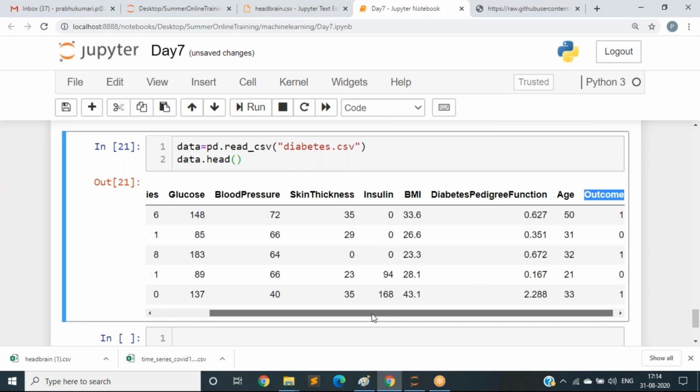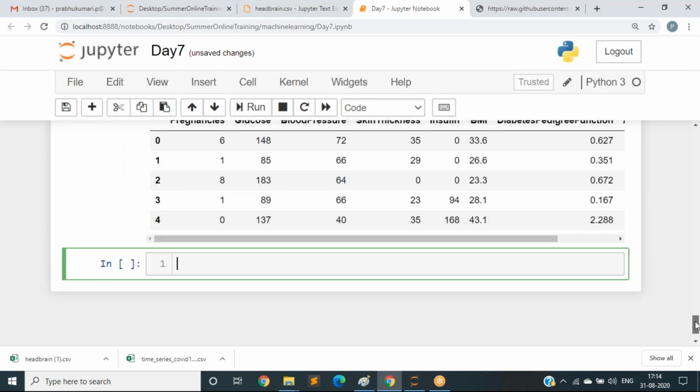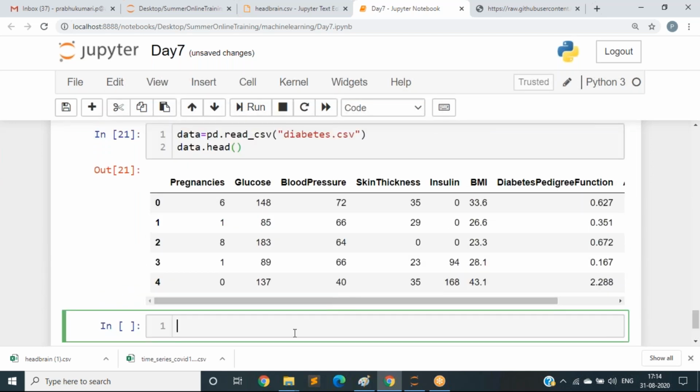Let us take the features, that is the inputs and outputs, in variables. X equal to, say, all these features. Yesterday we used the drop method, right? Another method is iloc.